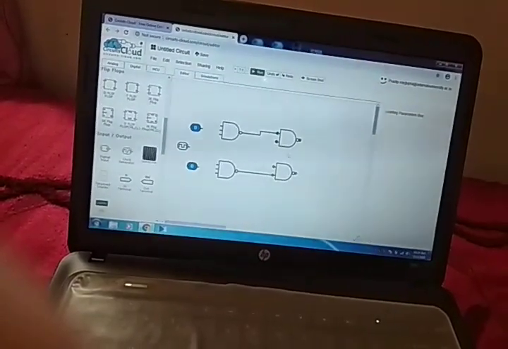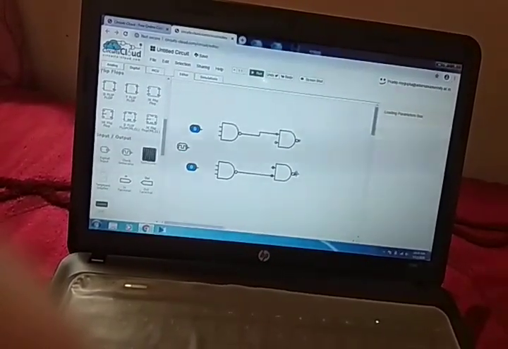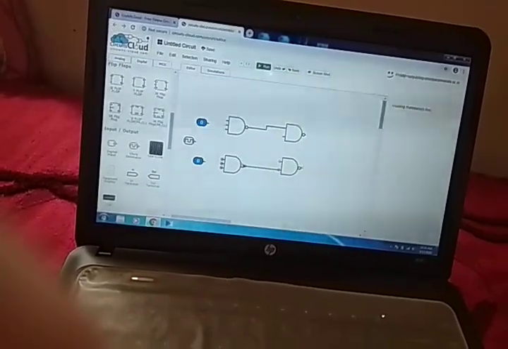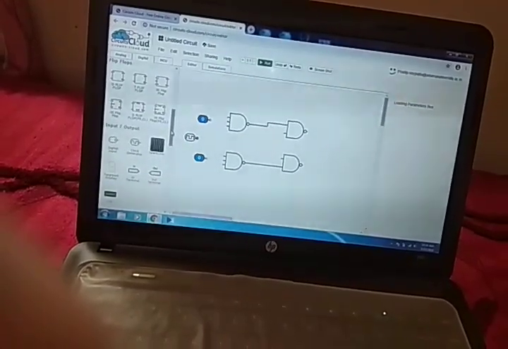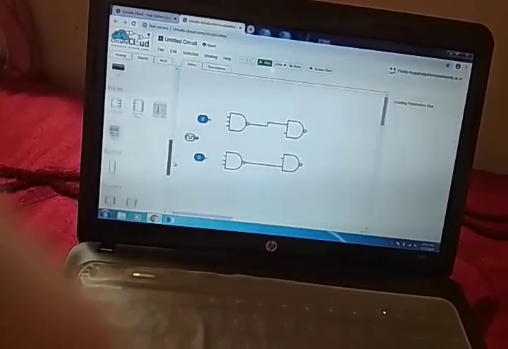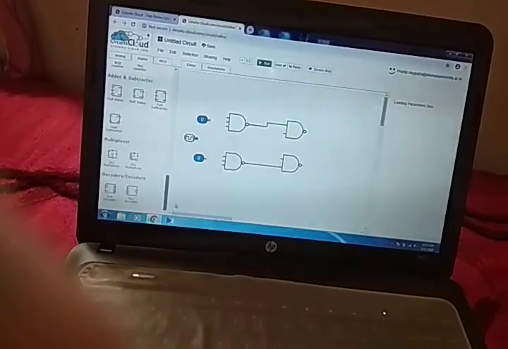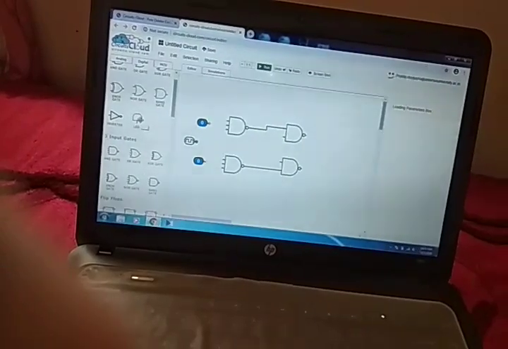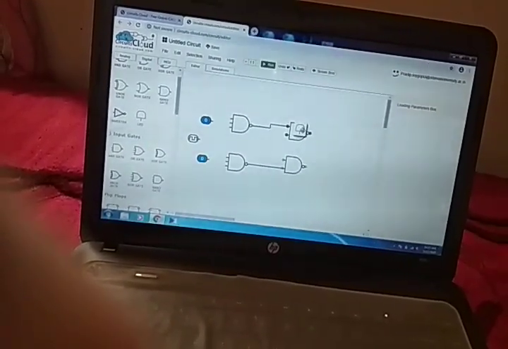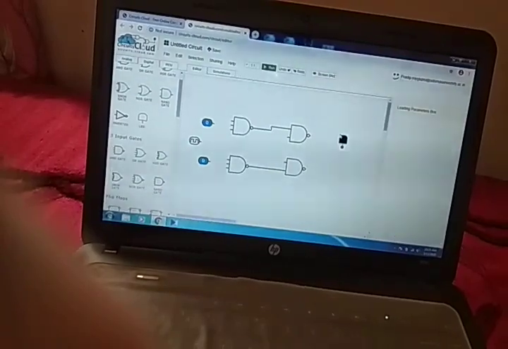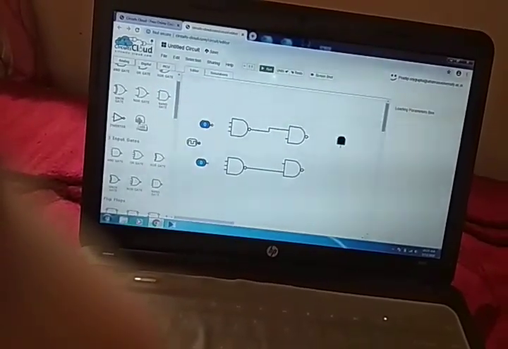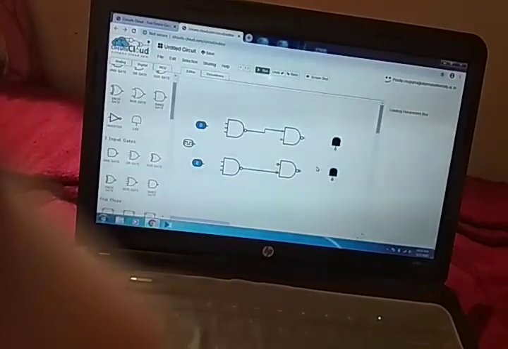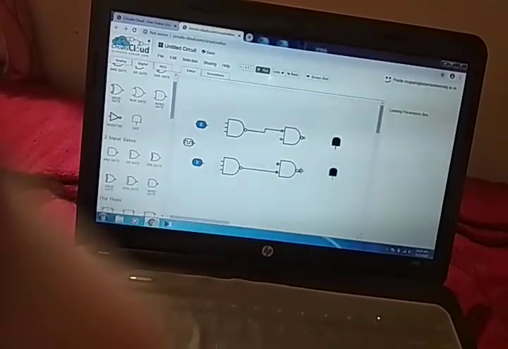Okay, now the other connections are like, we need LEDs for the output, so we can select the LED from here. Now connect the LED with the output button.